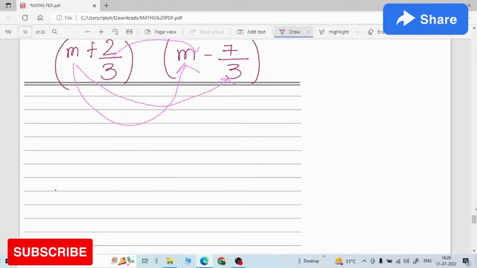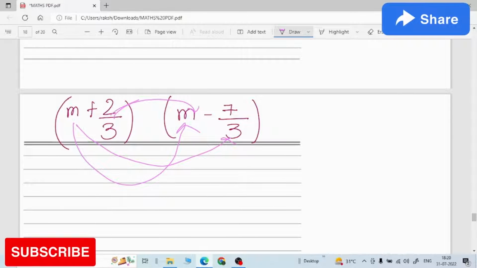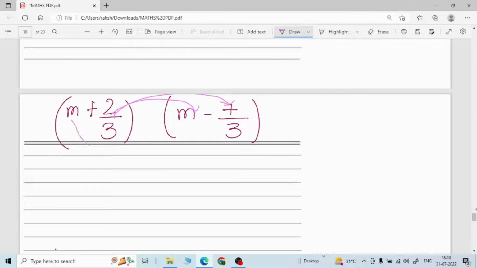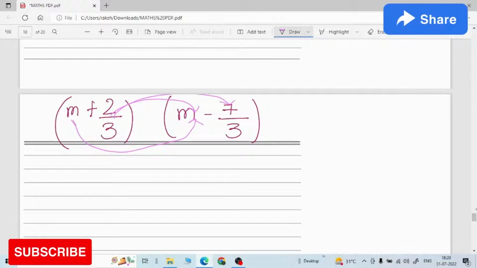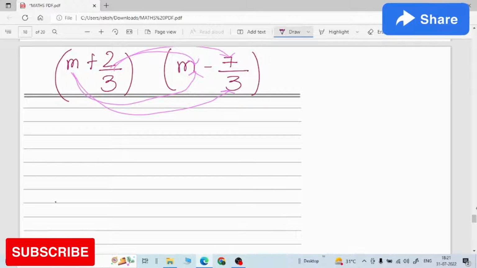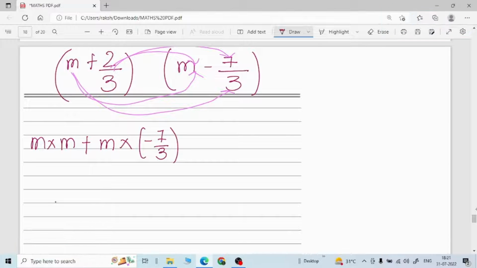Then this with this one, and this again with this one. Let me erase this. m with the m one. I think everyone understood. So let's solve. It is m into m plus m into minus 7 upon 3,